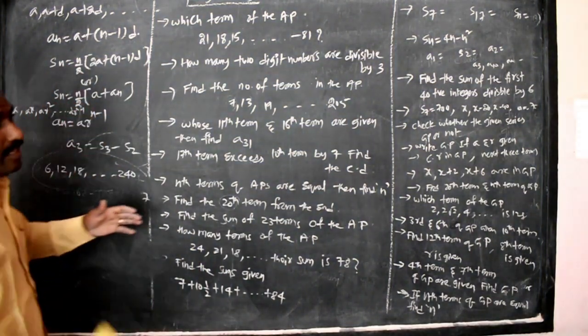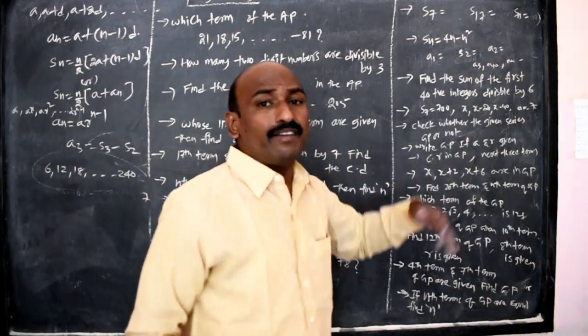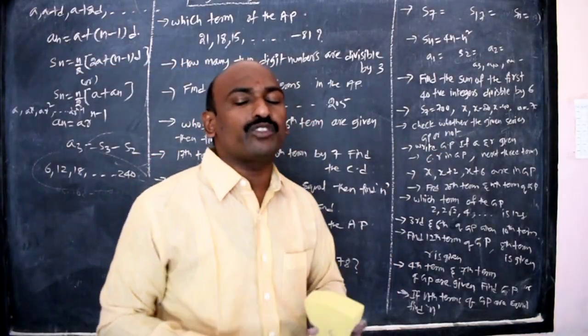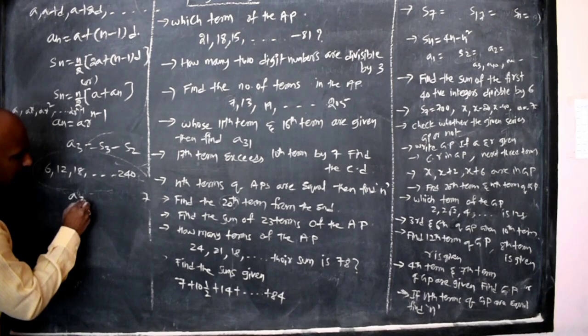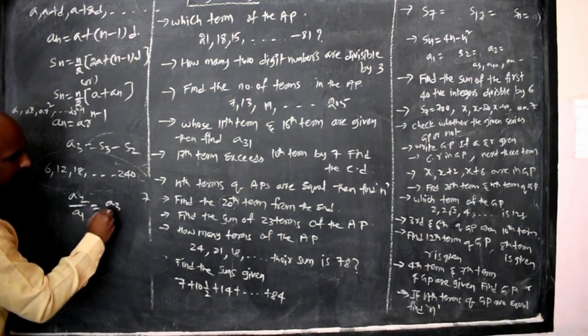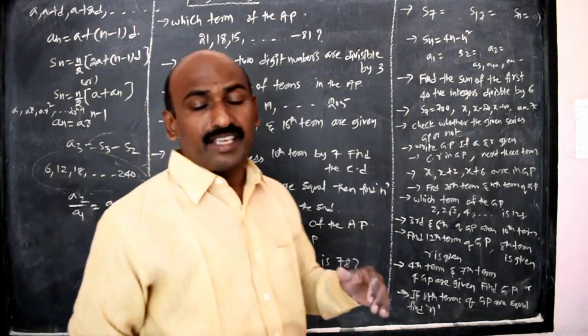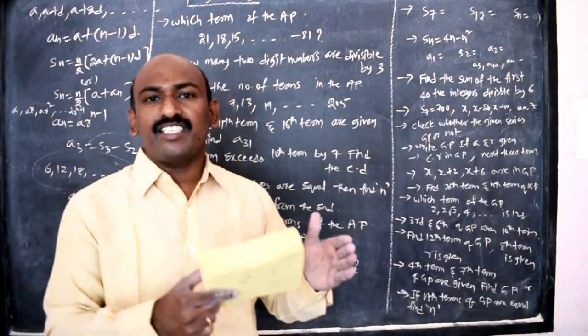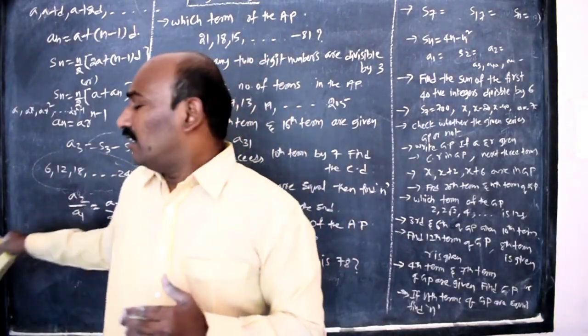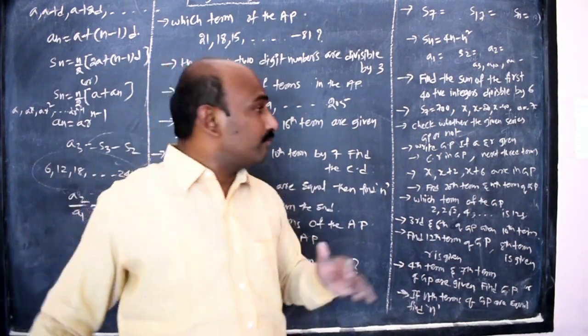And what are the questions they can ask? If the given series is in GP or not, we need to check the ratio. Here the second term by first term is equal to third term by second term and so on, then it forms a GP. That is the difference. Here AP means the common difference, each term is increasing by d. In the GP each term ratio is the same.